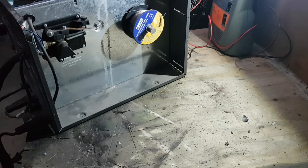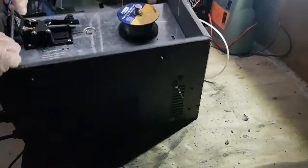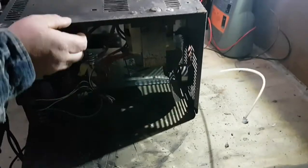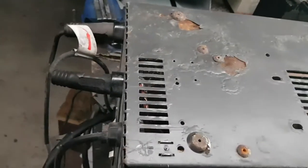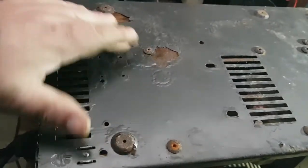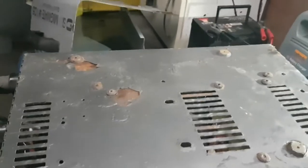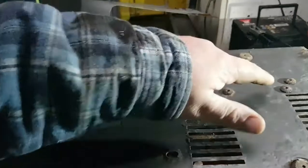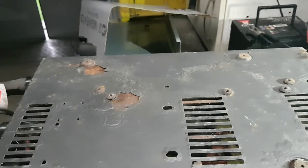But before I do that, as I was tipping it over, I noticed, you can see this, the bottom is absolutely rusty as well. So I think I'm going to give that a clean down, try to get all the loose stuff off. I do have some Hammerite black and I think I'll give that a spray. And I want to have a look just to see if I've got any rubber feet or out, just to screw on to the bottom, just so it lifts it off the floor slightly. So yeah,